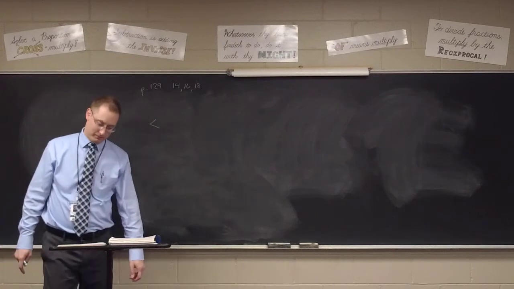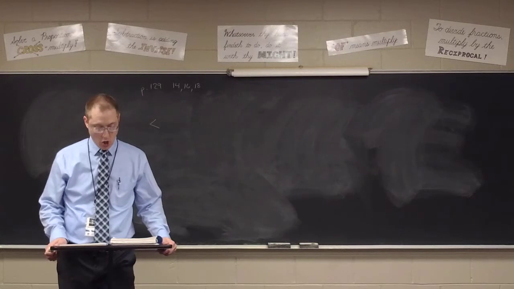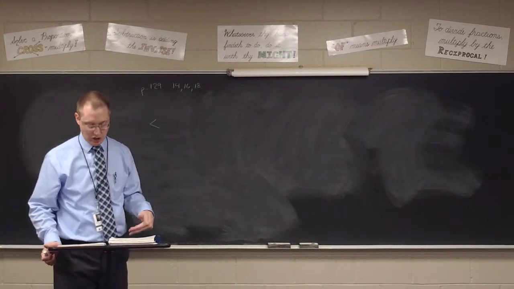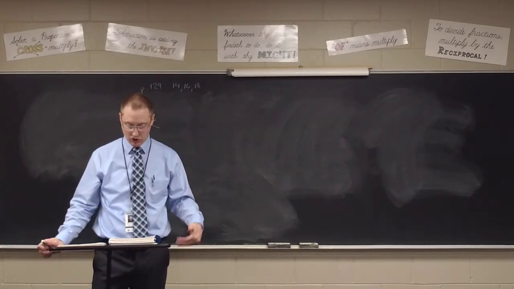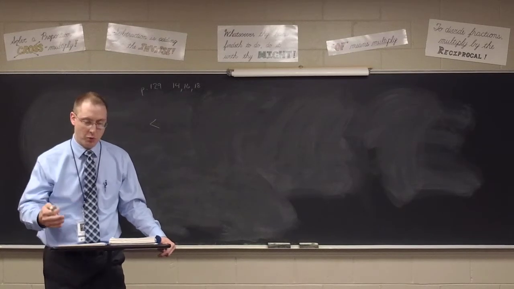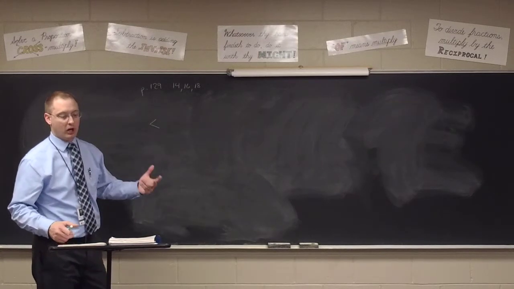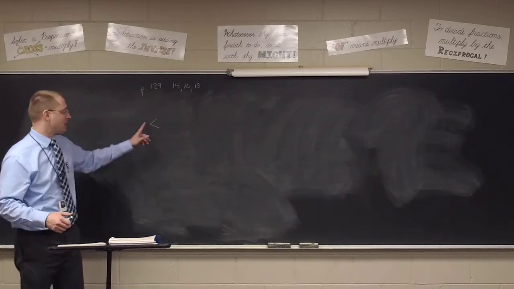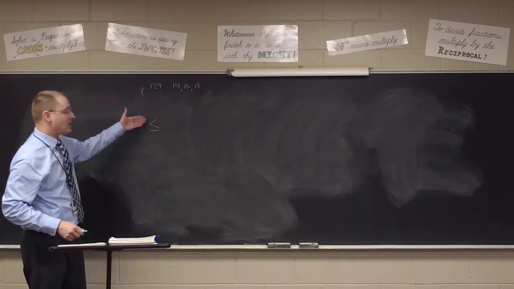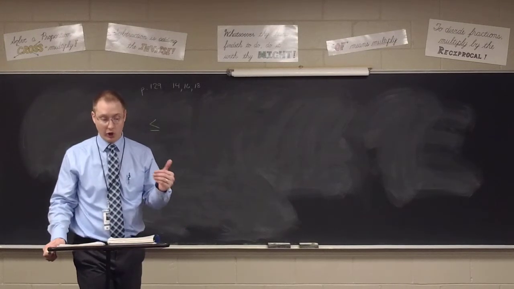So what I need you to do is before every one of these little phrases, put the word is. When do I know to use a less than symbol? When it says is less than, is fewer than, is under, is below. Normally is means equals, but when it says is fewer than, less than, is under, is below, is less than, that tells me to use this symbol. However, I would use the less than or equal to symbol if the expression says is at most, or is